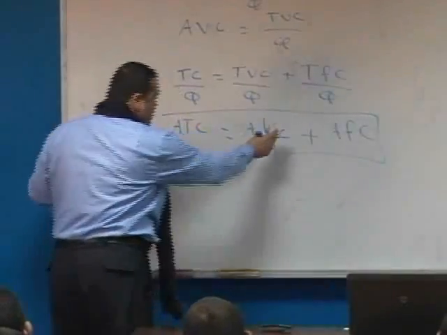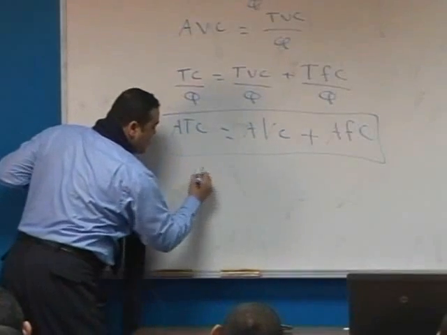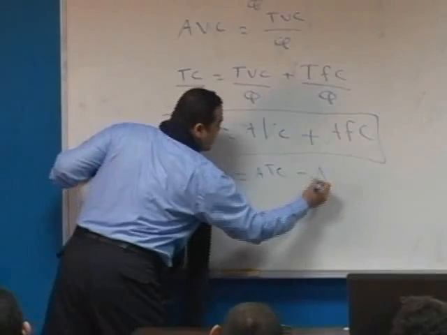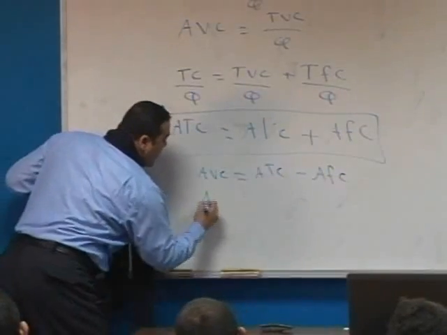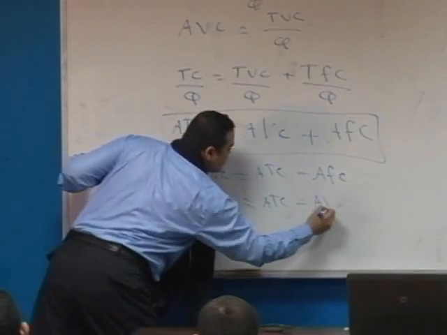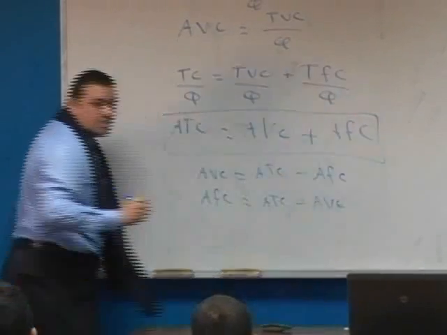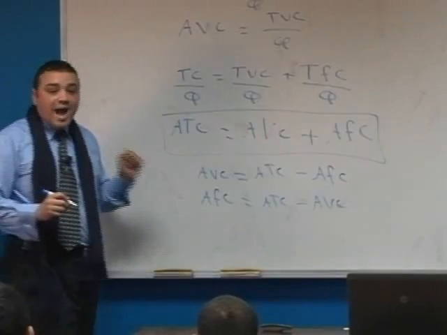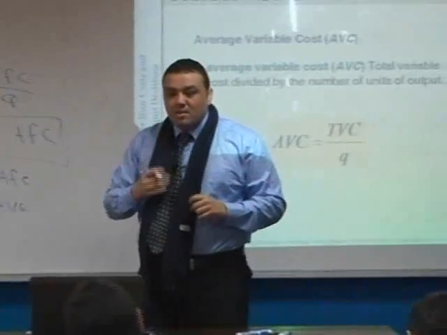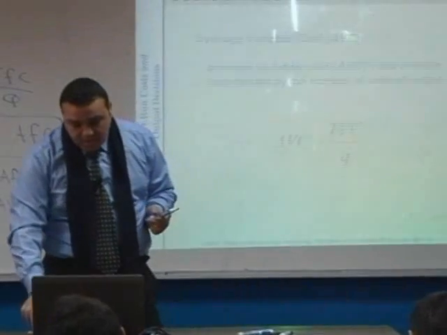Like we can see that average variable cost equals ATC minus AFC, or AFC equals ATC minus AVC. We have to use all of these formulas when we calculate the difference,